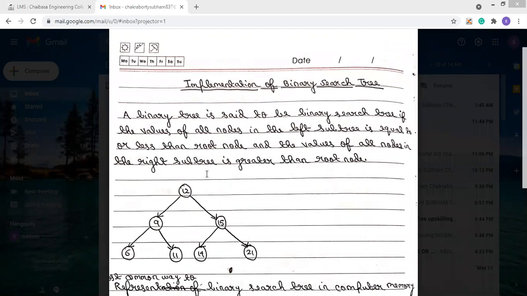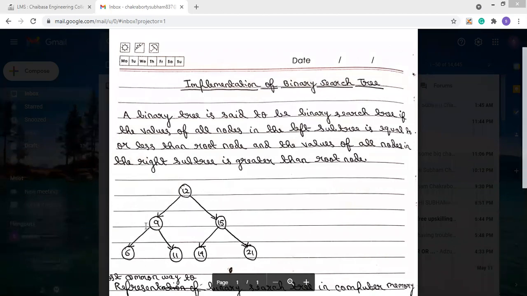So here in this example, you can see that 12 is the root node, and on the left side of this 12, there is 9, and in its left node there is 6, and in its right node there is 11.